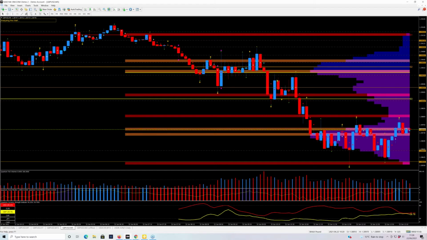Then you have the attempt to resume the trend lower. Again, that's not going very far, because you need volume to go down as much as you need to go up. But it actually stops at the S3. Now the S3 and the S4 of the Camarilla is really important. It's a level where price tends to pause, not always, but it tends to pause.